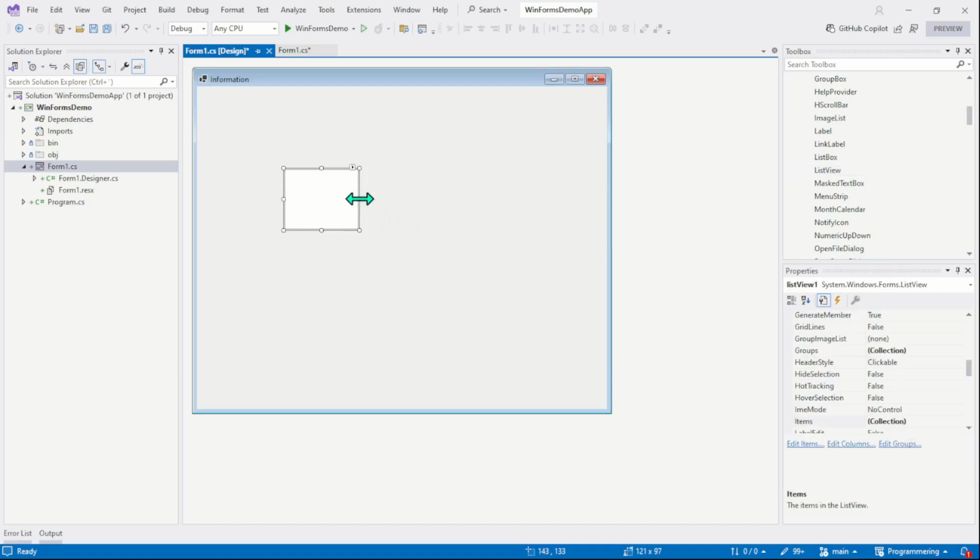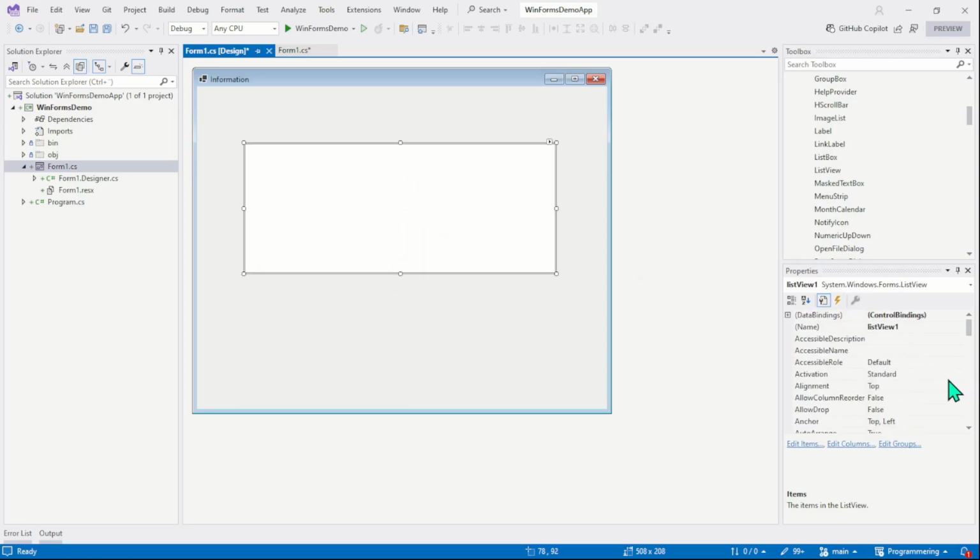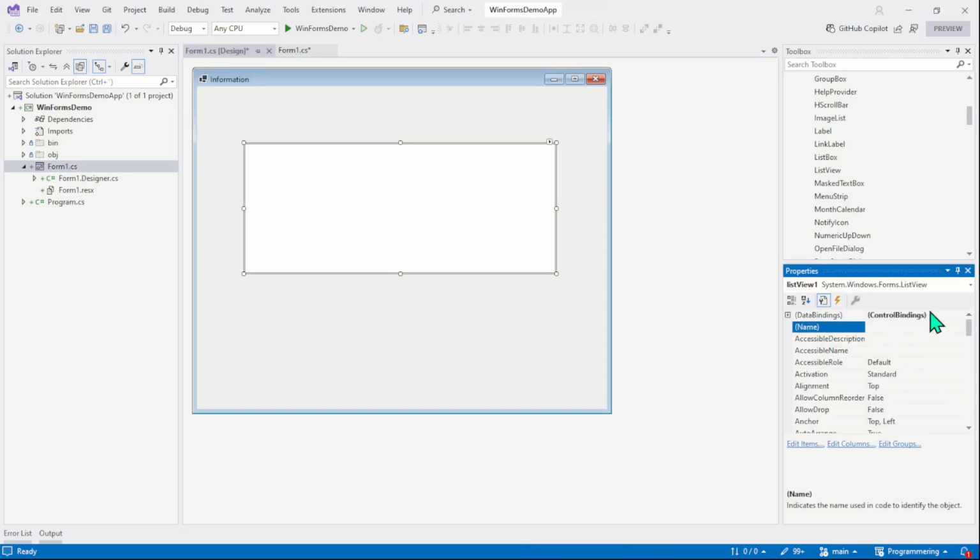Drag the control on the form. It looks exactly like the list box control, where we can create different columns in it. This control has three important properties we need to learn. The first property is the name property. Let's say this control is for student information. So the name of the control is LV student